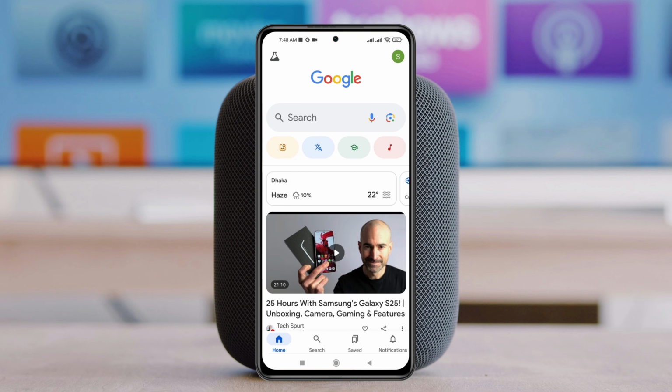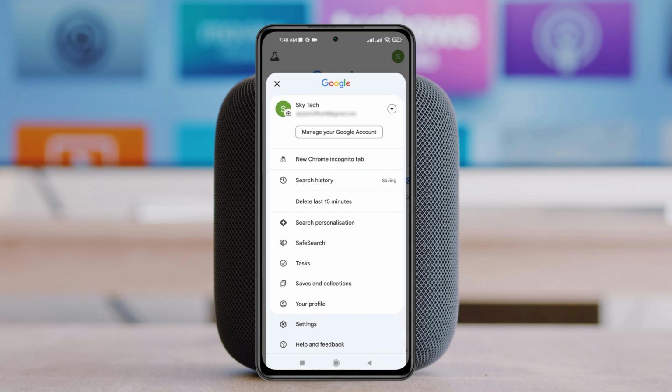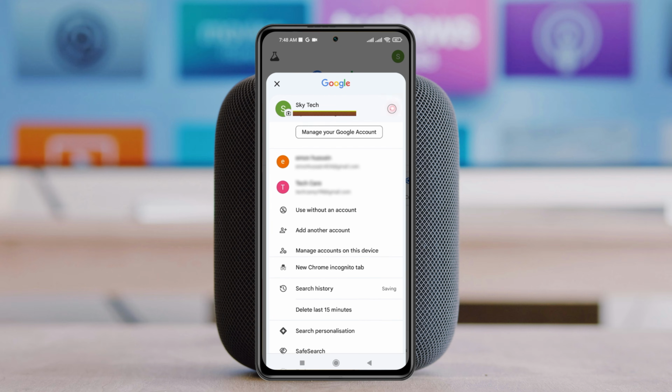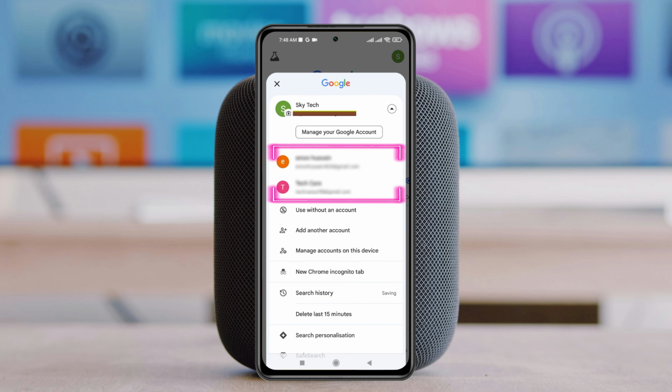From here, all you have to do is tap on this profile icon at the top right. If you tap on this one, you'll see I already have an account. If you don't have an account, you'll see the add account option. Since I already have an account, I'm going to expand this email address right from here. You'll see I have this email address. Now to add another email address, or to create a new one, you'll see the add